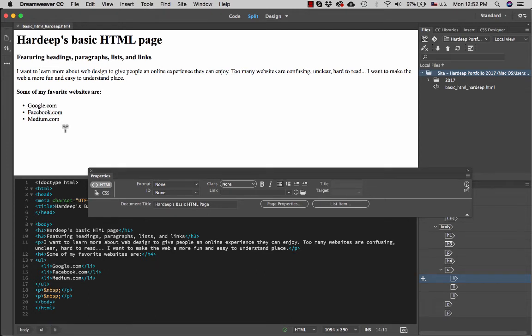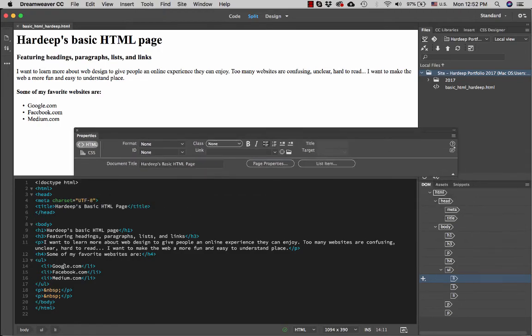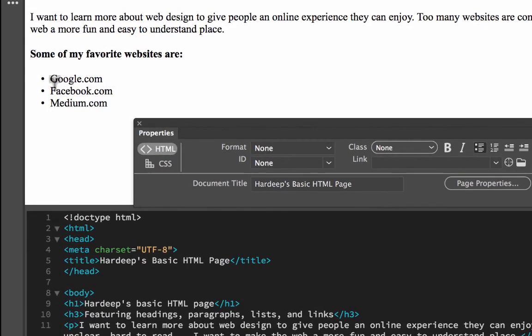So to link text in Dreamweaver, again we use our friend, the Properties window. So to link text, you can select the text, and then down here in the Properties window where it says Link, you're going to type the actual link where this will go to when somebody clicks on it. Now here's where we have to be careful. If I were to just type google.com here and hit enter,